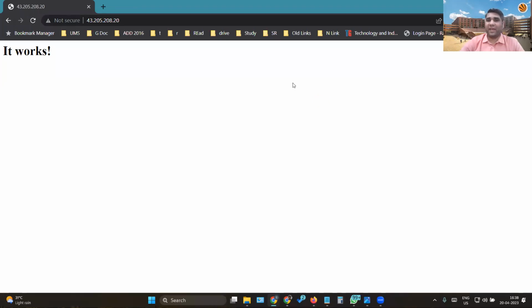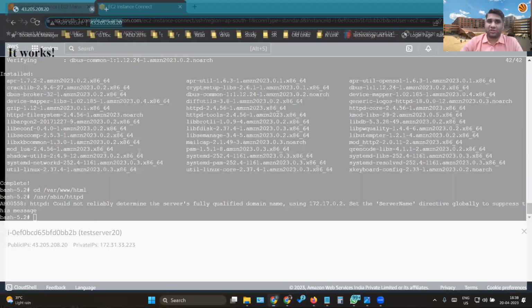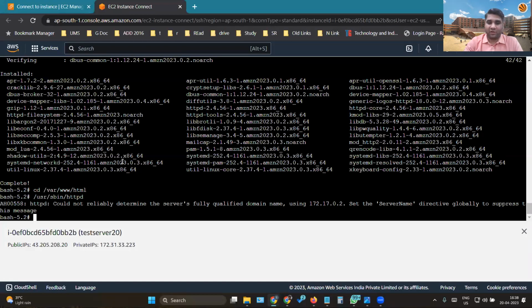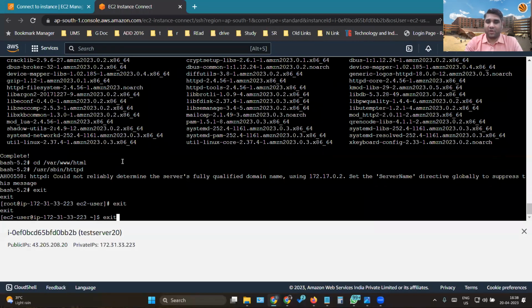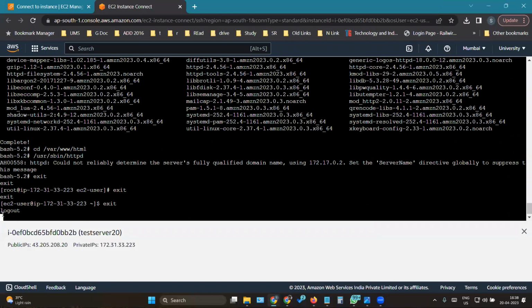Now, this is the way in which we accessed it through the portal of AWS. Now, what if I want to access the same file remotely? So I'll just log out from here, exit from super user, and exit from my EC2. Now, because I have exited, no one will be able to access that link because I've closed the server down.